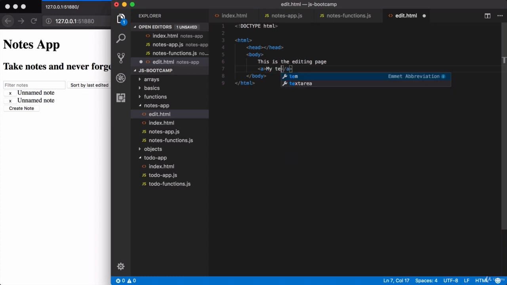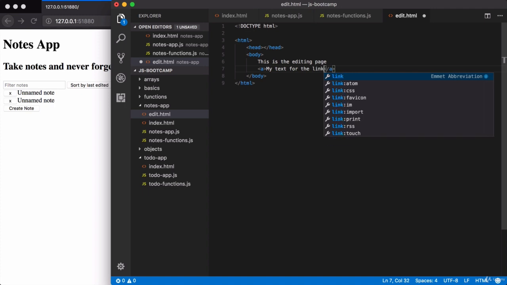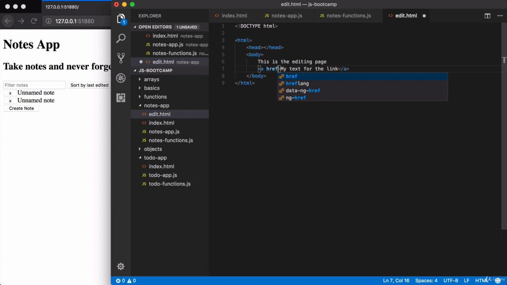So my text for the link, for example. Now we also have to provide the location we want to link to, and we do this via an attribute on our element right here. The attribute is href. href, which stands for hypertext reference, gets its value set equal to the URL of the place you're trying to get to. So if I wanted to get over to google.com, I could use